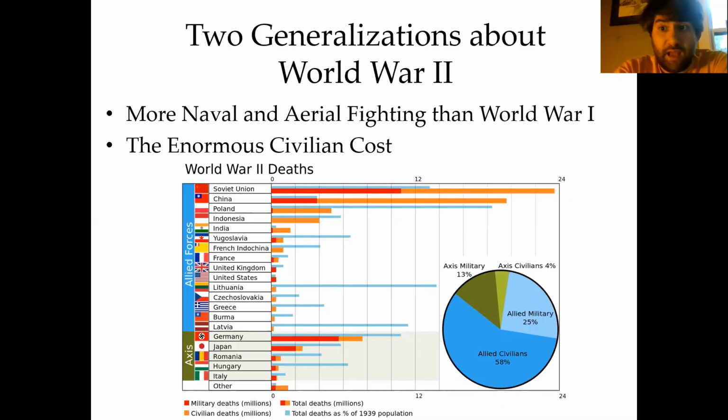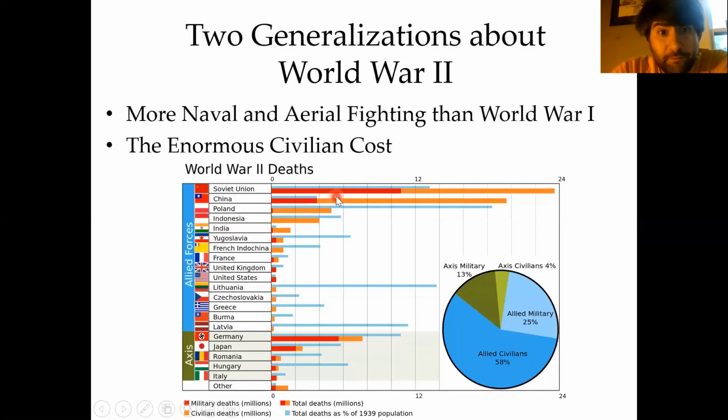You see, obviously, the Germans and the Japanese doing this throughout Eastern Europe or in China. We see the Allies doing it with bombing raids and so forth. And this is just kind of the immense tragedy of World War II. And if you look in this chart, the red bars represent how many soldiers died in battle, how many military deaths. And you can see, the Soviet Union always blows my mind how many,